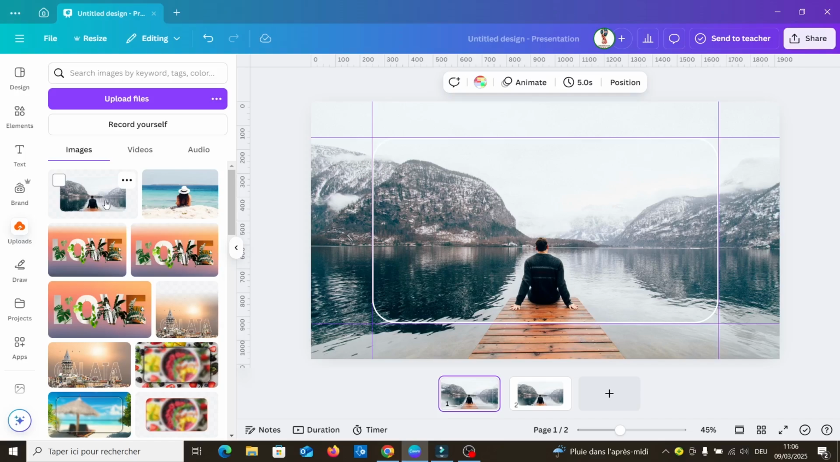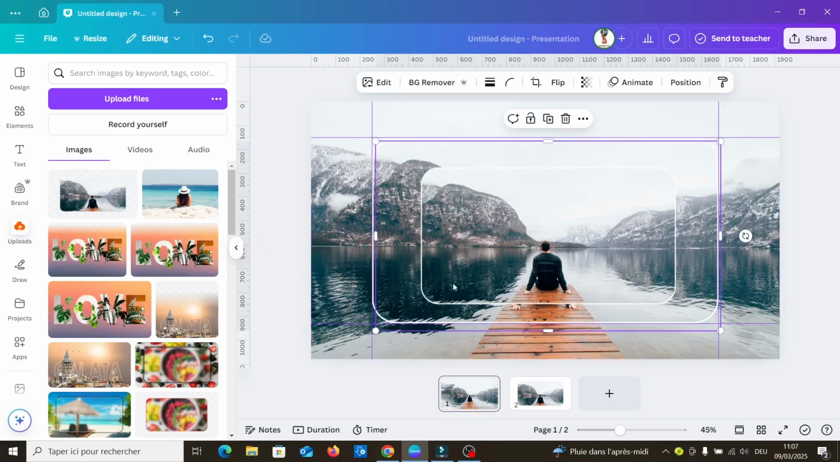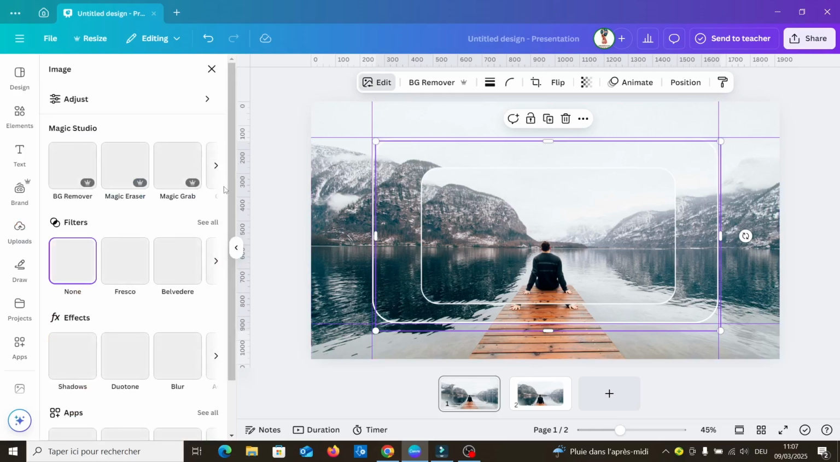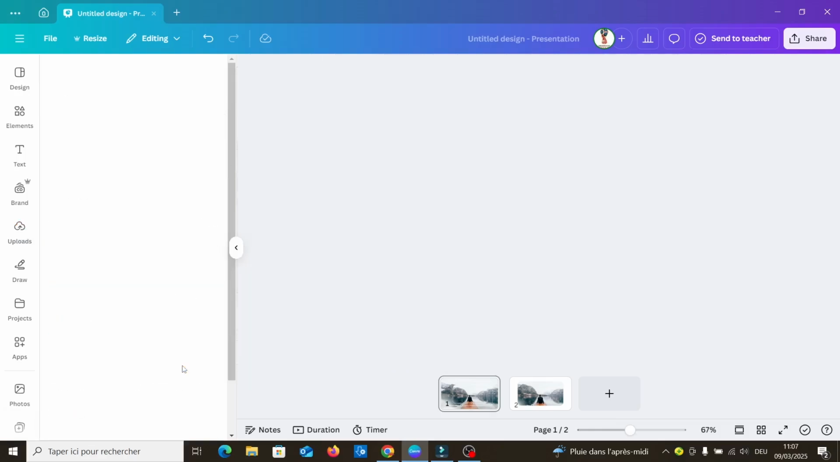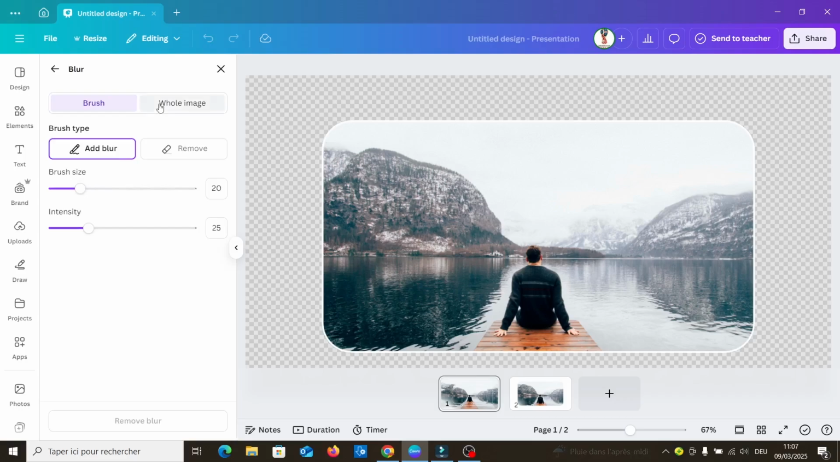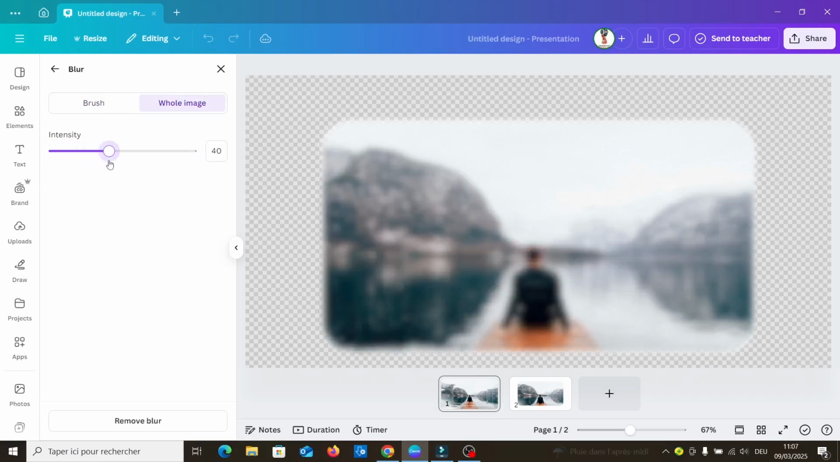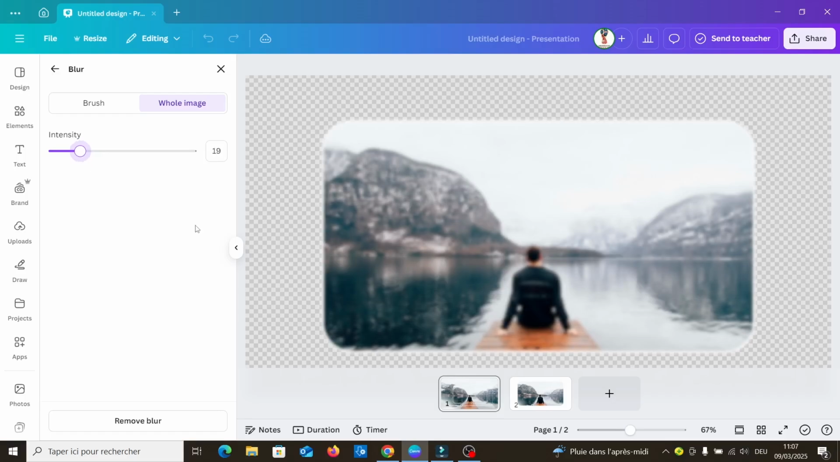insert the photo, insert the photo in the first page, choose go to edit, then click on blur, choose the whole image and increase the intensity, as you want,